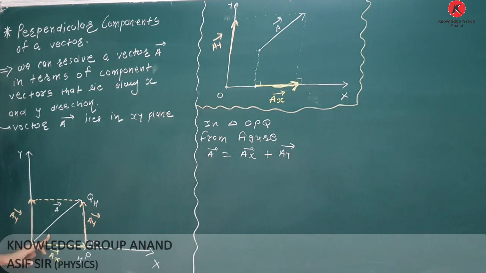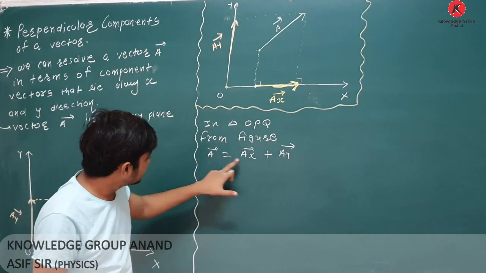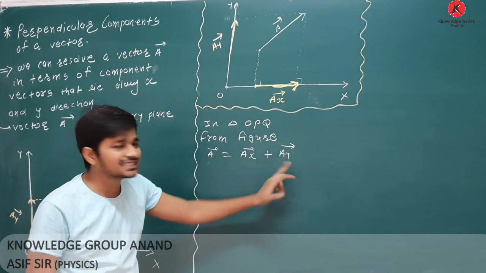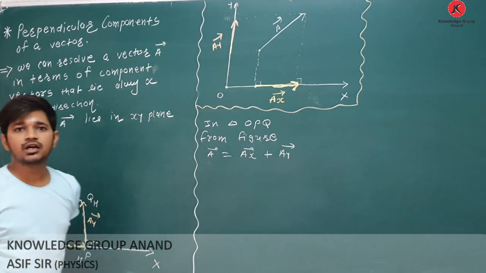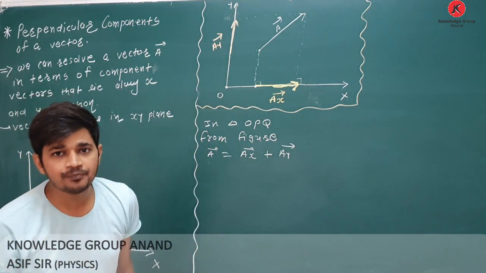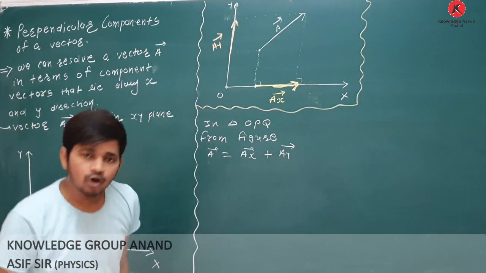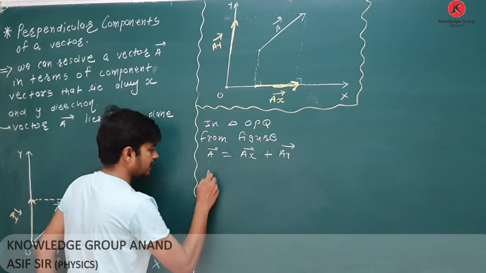Clear about this? AX plus AY is equal to A. So see, vector A is resolved into components AX and AY, AX in X direction, AY in Y direction, perpendicular components. Clear about this? Okay, now I can write this as A is equal to